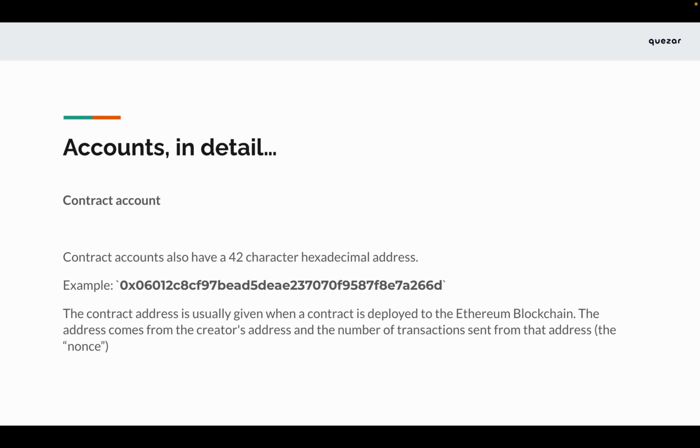The contract accounts also have a 42 character hexadecimal address. They look something like this. It's similar to the public key of an EOA, but the contract address is usually given when a contract is deployed on the Ethereum blockchain. So whenever you write Solidity code and deploy it on the Ethereum blockchain as a smart contract,